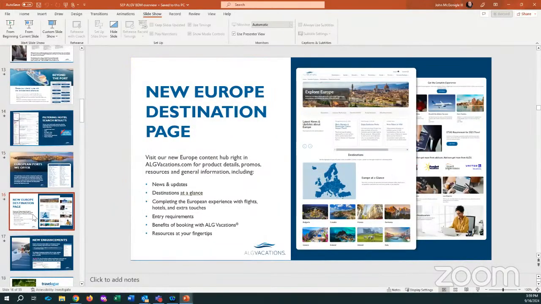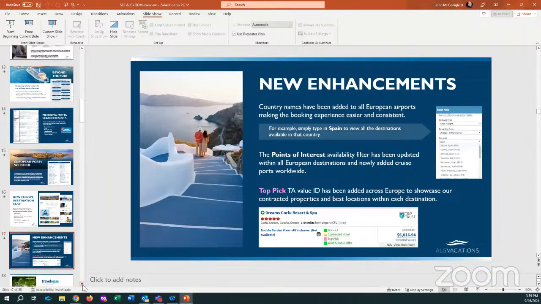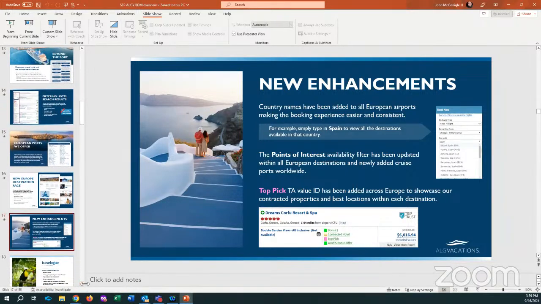We've created on the ALGV platform, back that slide I showed you with the parents running on the beach with the kids in the surf. Underneath the support, you'll see vacation packages. We list a lot of information there, so please be sure to check that out. All these different destinations, we explain that for you. We also have new enhancements. As I mentioned, you can just basically search by the country, not necessarily by the name of the city.